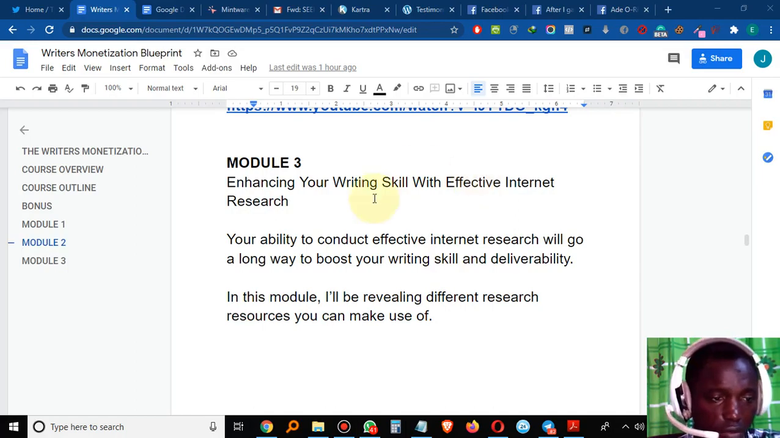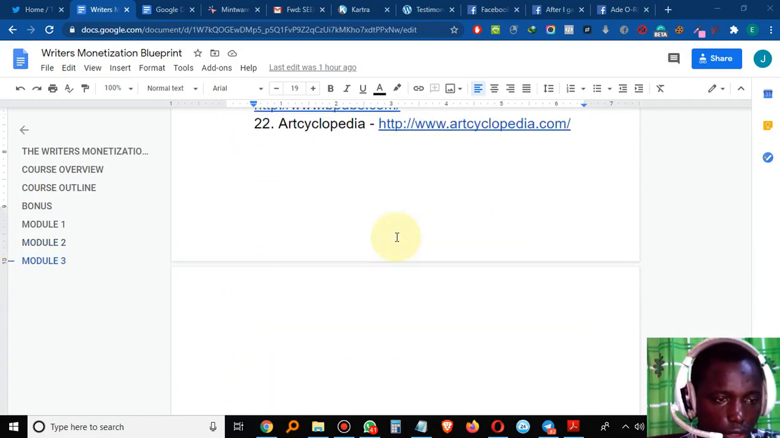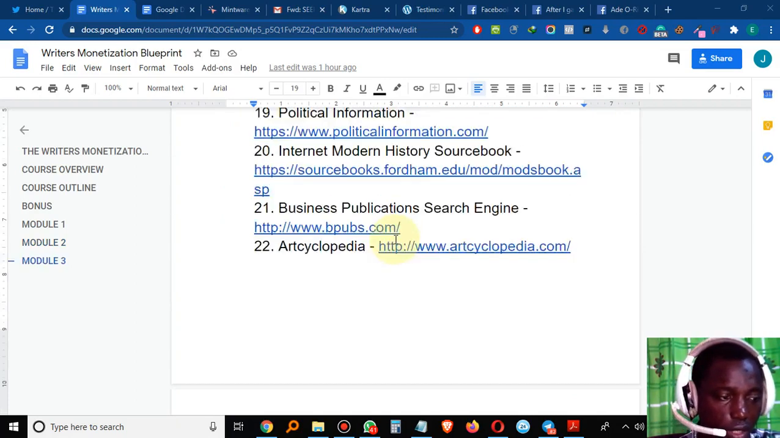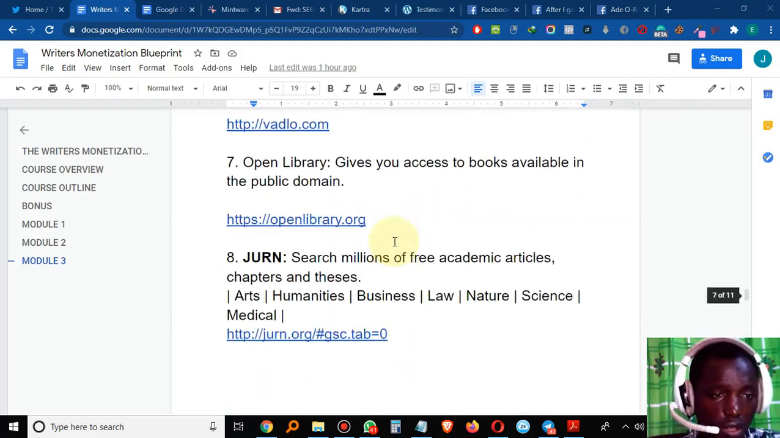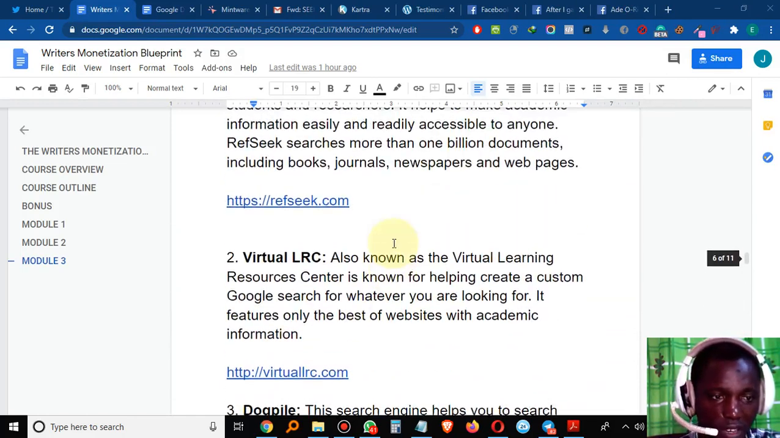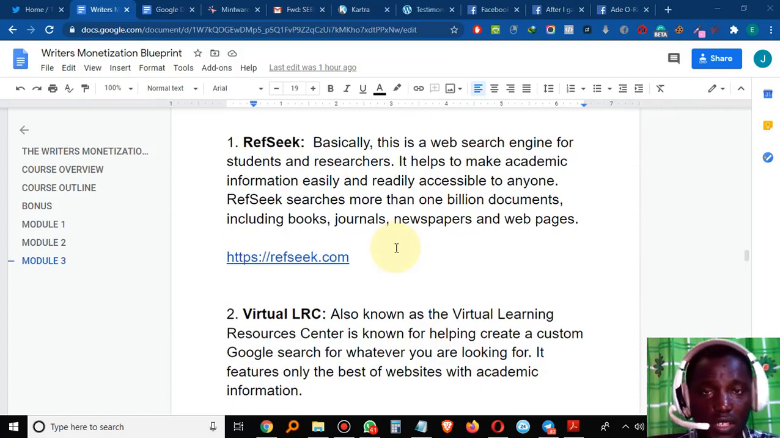I have close to about 22 different websites that you can make use of for your internet research. I'll go through maybe four or five, then leave you to do your own personal research on the rest, going through those websites yourself to see how they can help you. So I'll start with the first one,